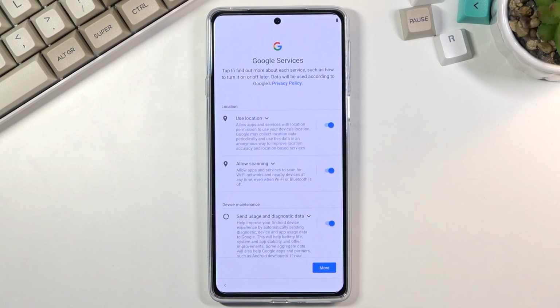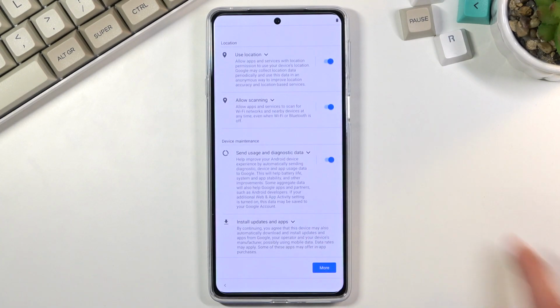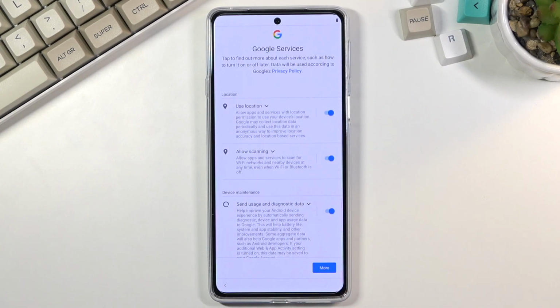which brings me to Google services. So again, I will have more, I guess, spyware here. I have location, scanning and sending user and diagnostic data. Just to quickly go over those, we have location, which helps applications like Google Maps give you an accurate route to your destination if you choose it as a GPS navigation. Without this, I believe GPS is turned off, meaning when you're trying to use maps, it won't actually know where you're located on the map,